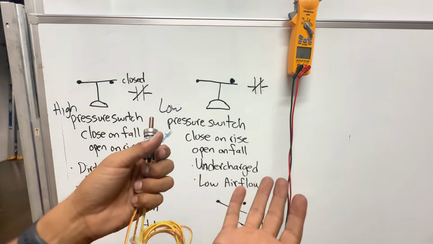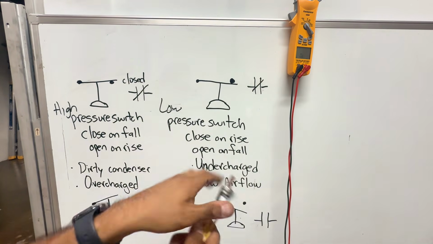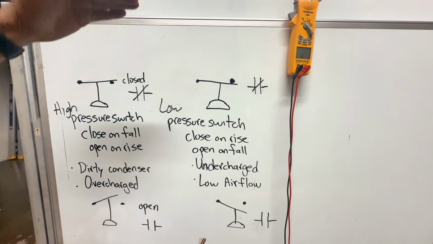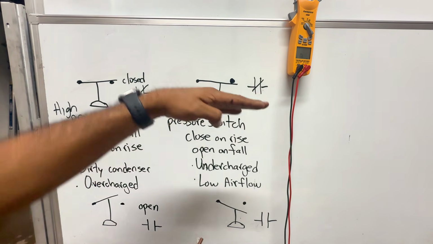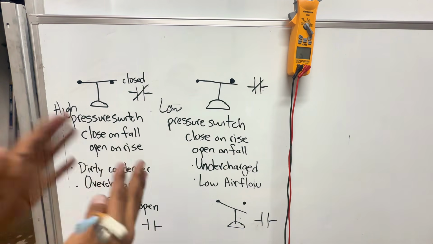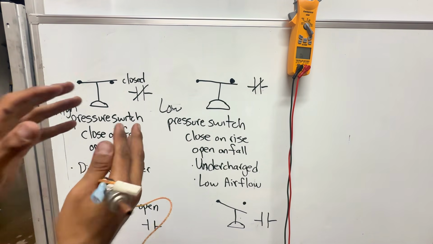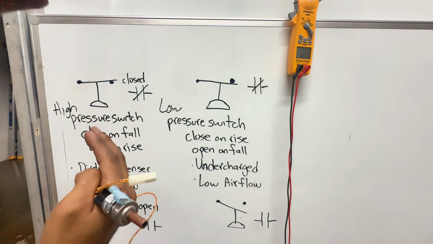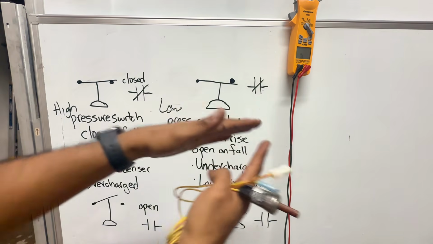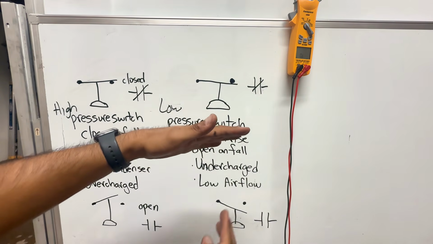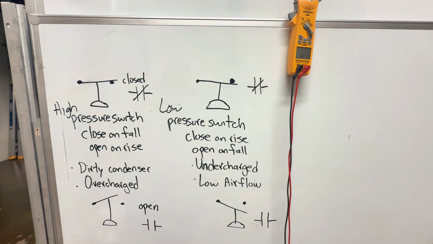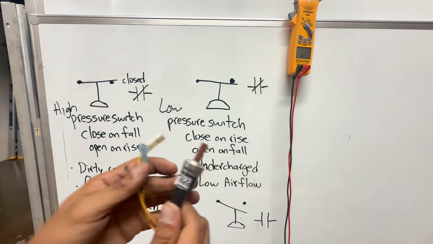So think about it in your air conditioning system when it's in cooling. Your condenser, your high side of the system, higher pressure. Your low side of the system, low pressure. And of course, there's certain things, which we'll talk about briefly, that can cause the high side pressure to go up a lot higher than usual, which is not good. And certain things on the low side of the system and your evaporator can cause the low side pressure to drop a lot lower than usual. But these pressure switches, they work the same